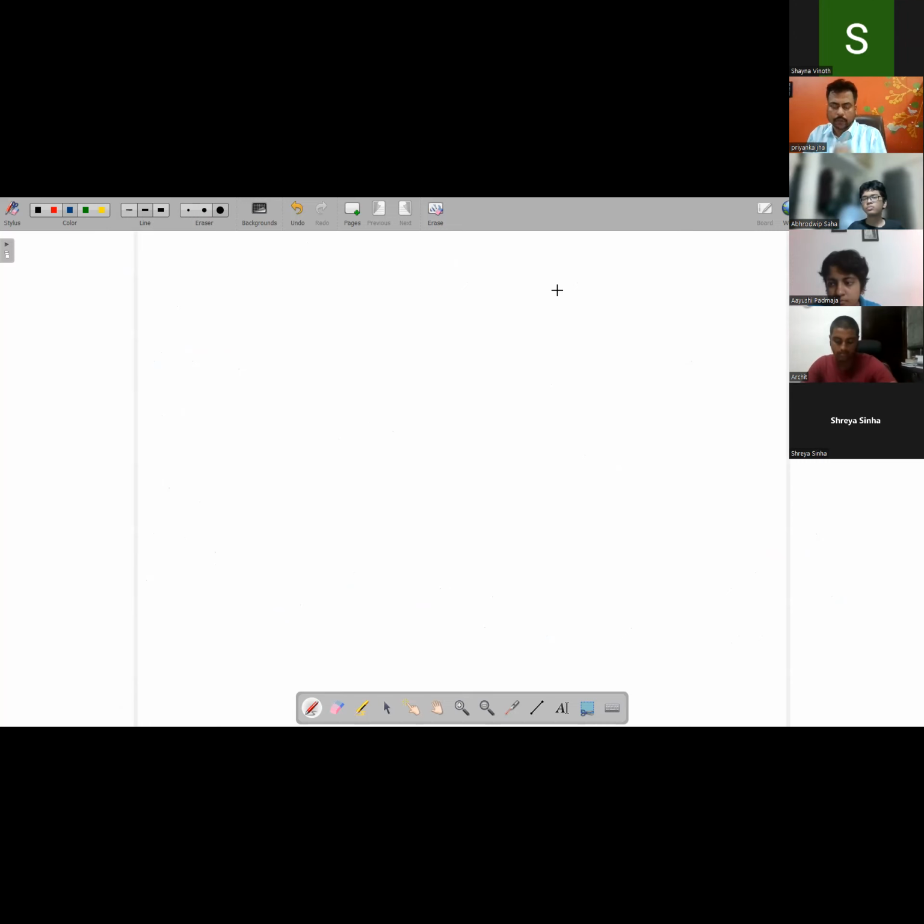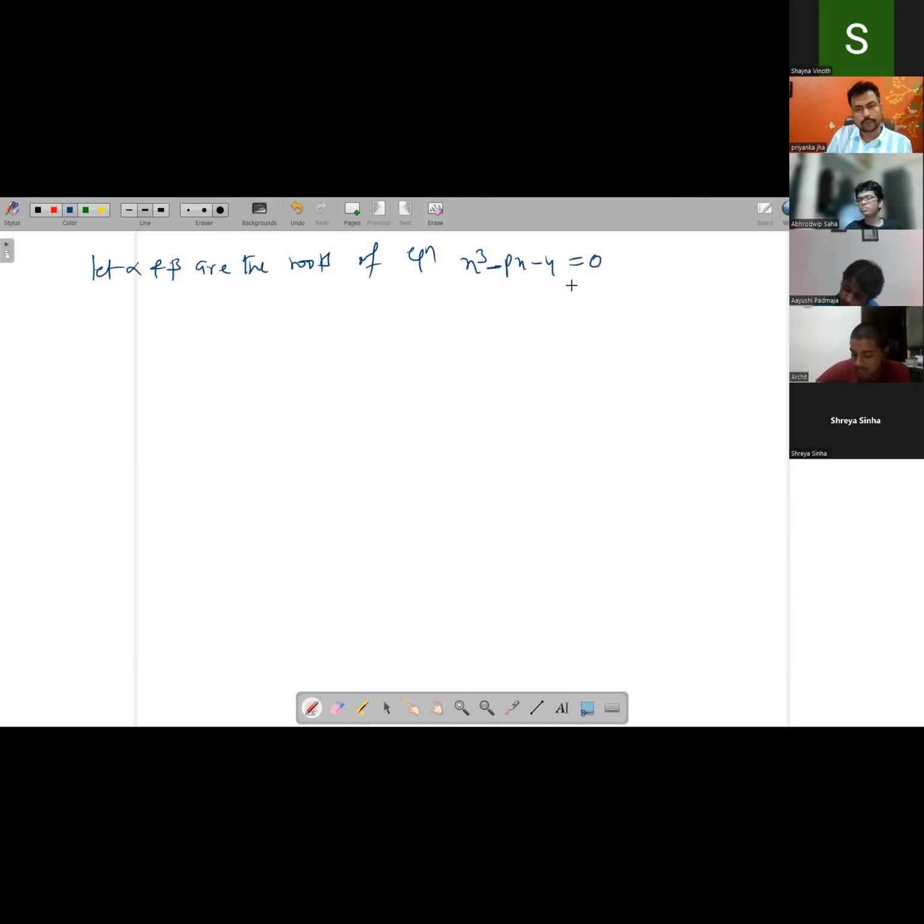Okay. Let's do one very small question. Let alpha and beta be the roots of the equation x cube minus px minus 4 equal to 0, where p belongs to real numbers, such that 2 alpha plus beta equal to 0. Then the value of 2 alpha cube plus beta cube equals